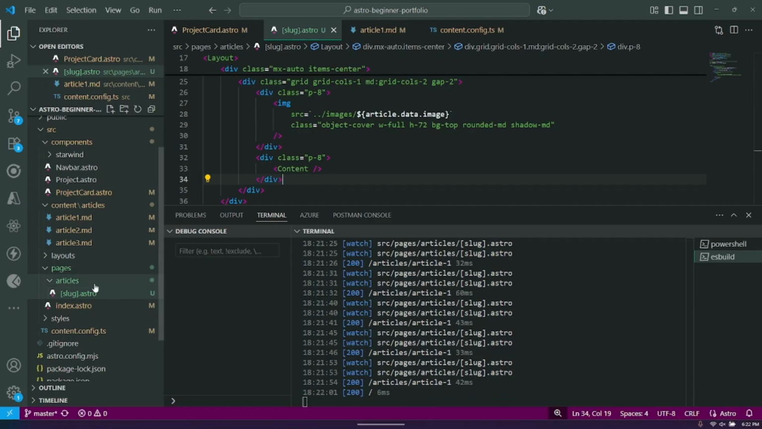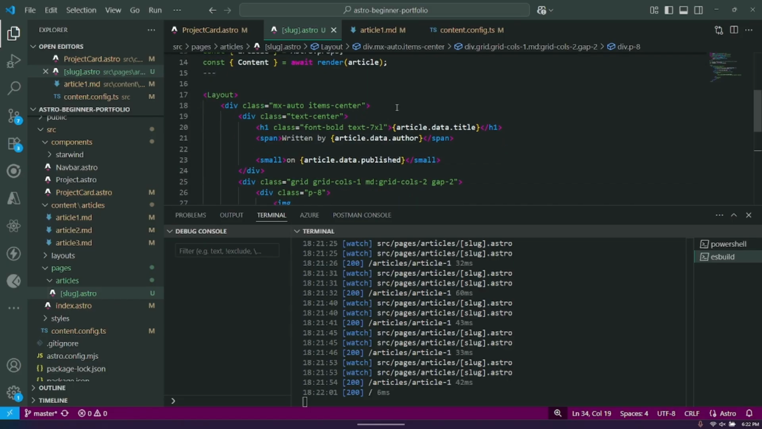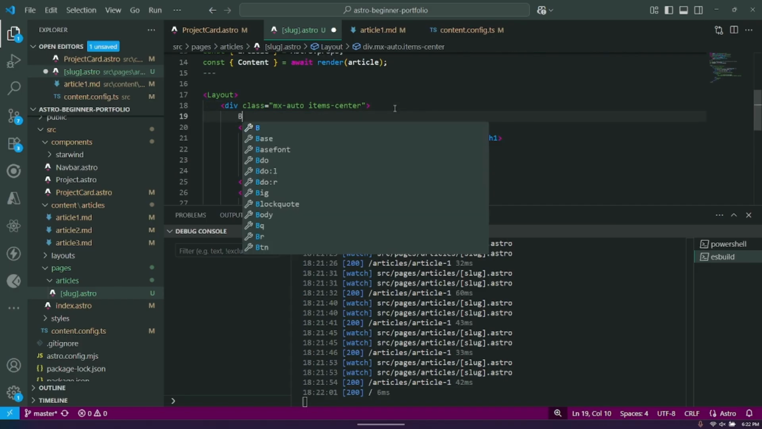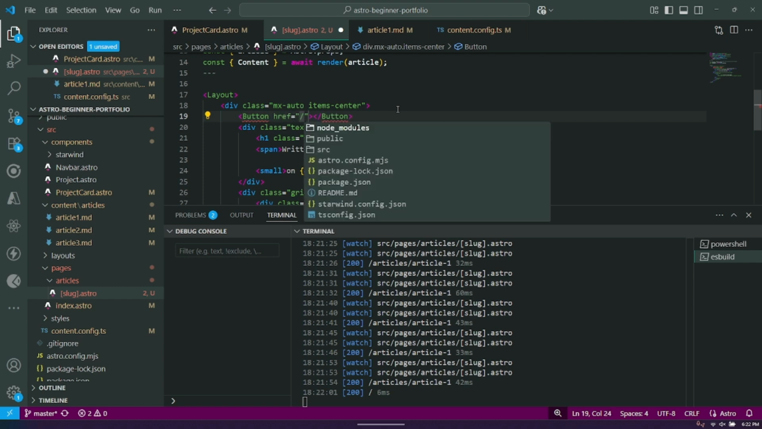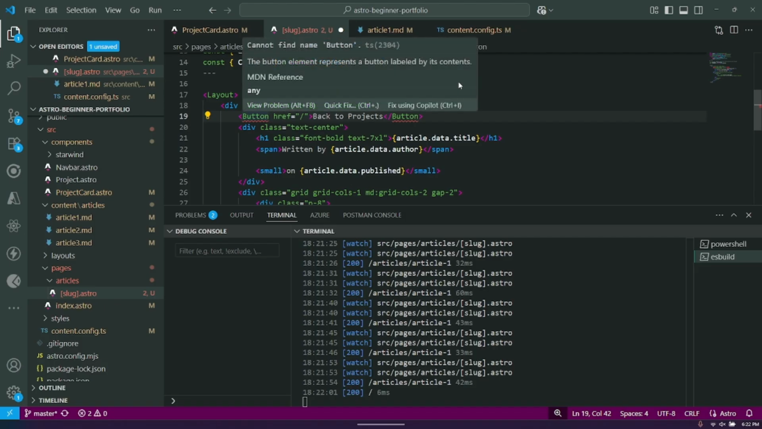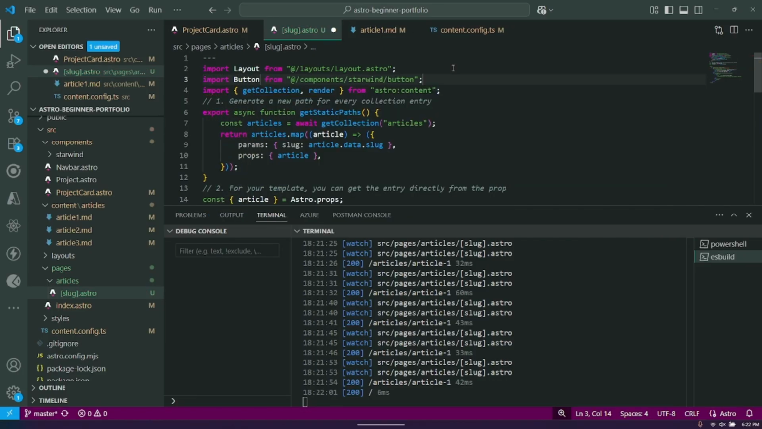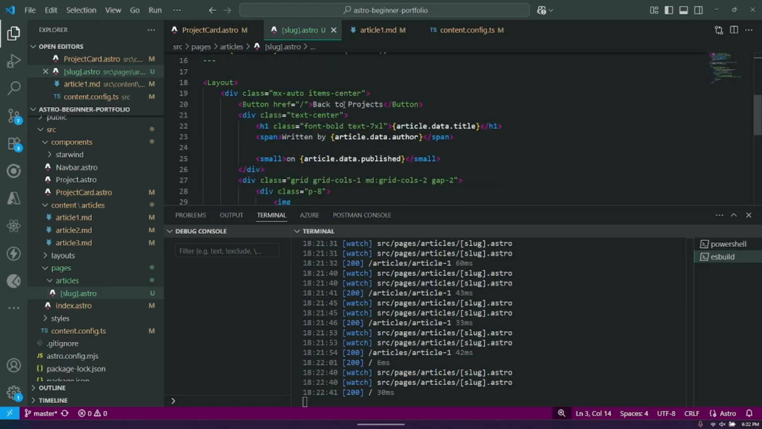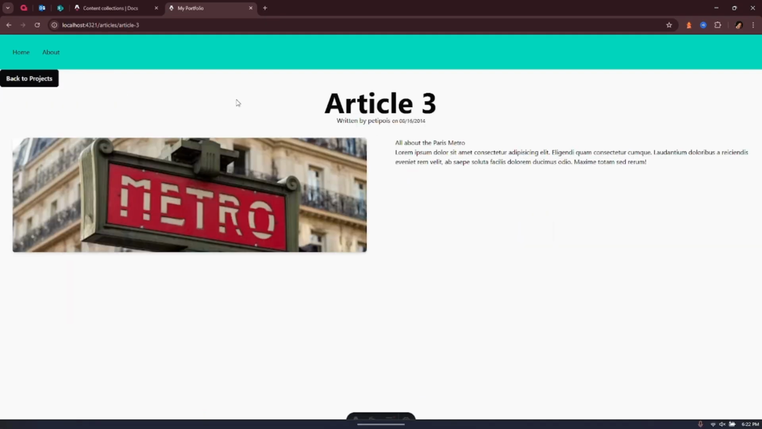But what we want to do is we want to add in this, maybe before we do the header, we want a button, and the href, we want it to basically go back to the home page. We say back to projects, and we want to make sure we import any components that we need. So we need the button from Astro Wind, sorry. So that's there. And if we save, we view an article, we say back to projects,